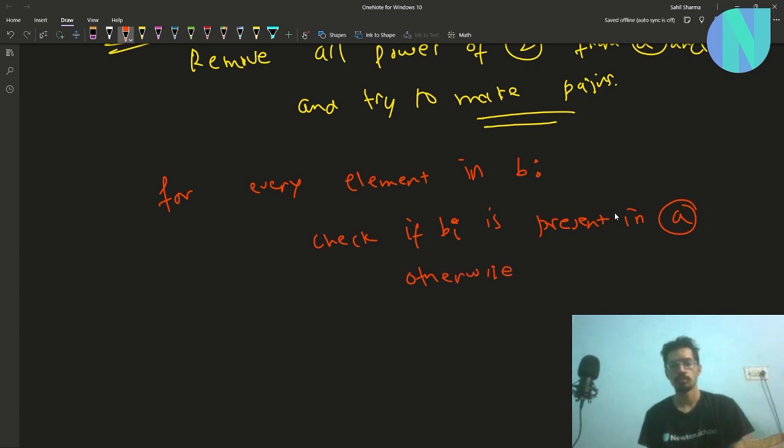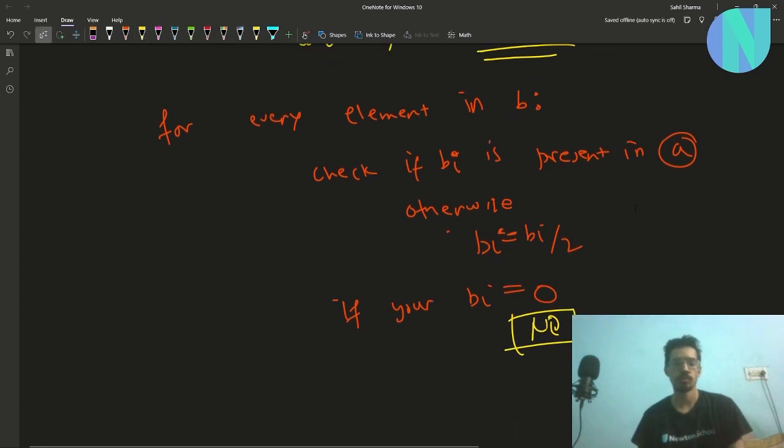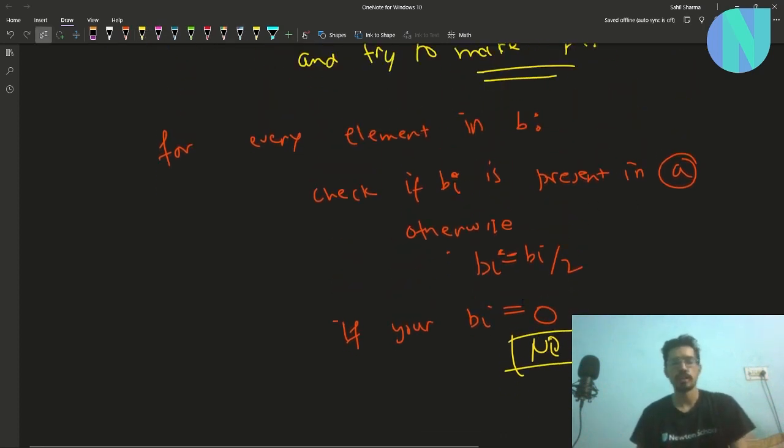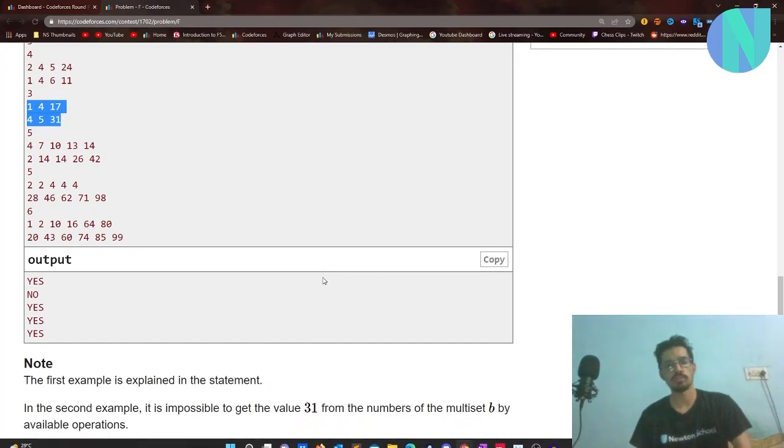Otherwise, set B_i equal to B_i by 2. Try to check if B_i by 2 exists, that is, set your B_i equal to B_i by 2 and do the same thing for B_i by 2. And if your B_i reaches 0, then the answer is no, right? That is, you were not able to find any such pair, then your answer is no. So that is the approach for problem F. And if you guys want to see the code for this,